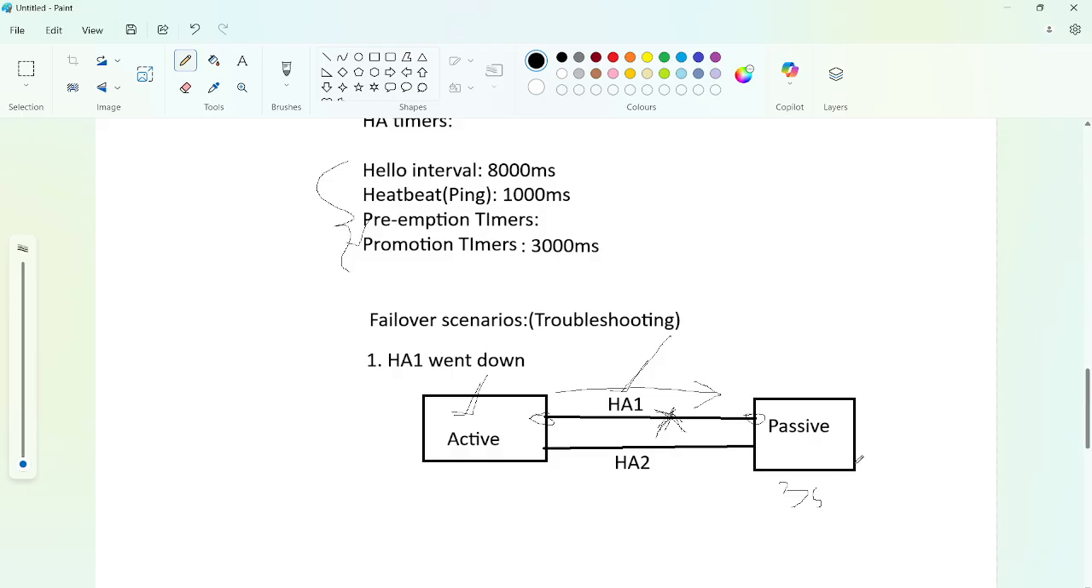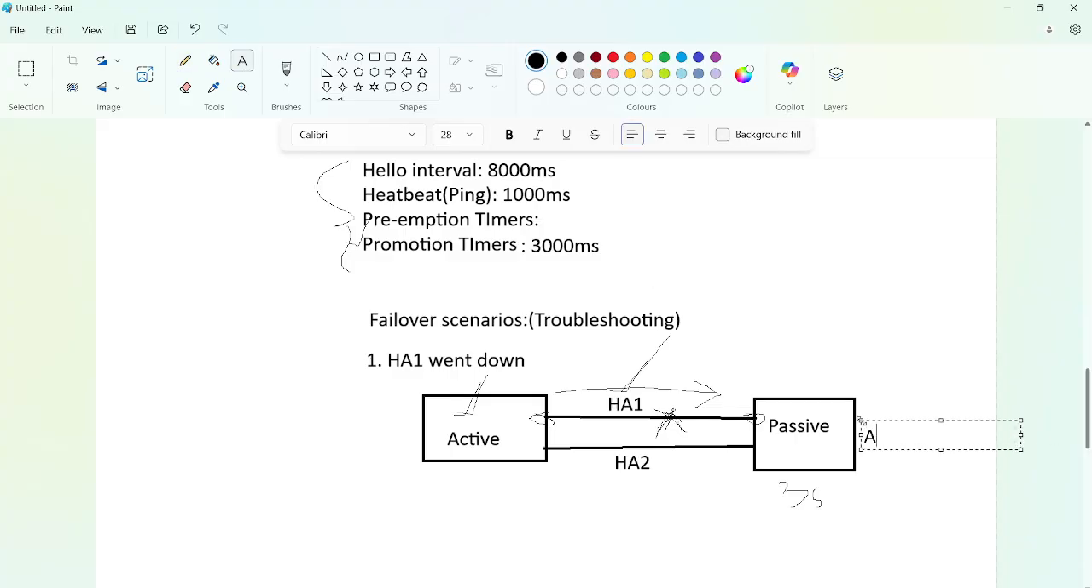So it will wait for 3 seconds, and in that 3 seconds, if the passive firewall is not receiving, it will be taking over active, right? So in this case, the passive firewall will become active. Okay,